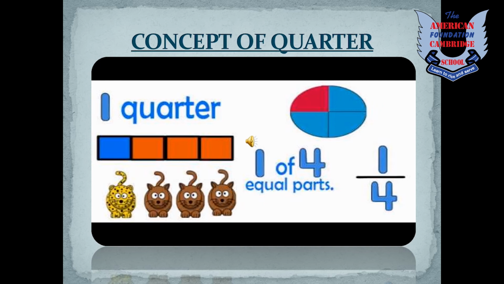Let me give you another example that belongs to our daily routine. Suppose you purchase a medium pizza from any restaurant. A medium pizza usually comes in four equal parts, right? If you eat one part of it, it means you're eating a quarter of the pizza. And if you eat two parts of it, it means you're eating half of the pizza. And if you combine all parts together, it becomes a whole. Understood, kids?